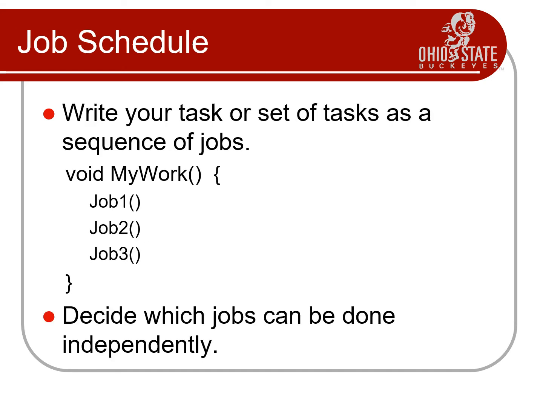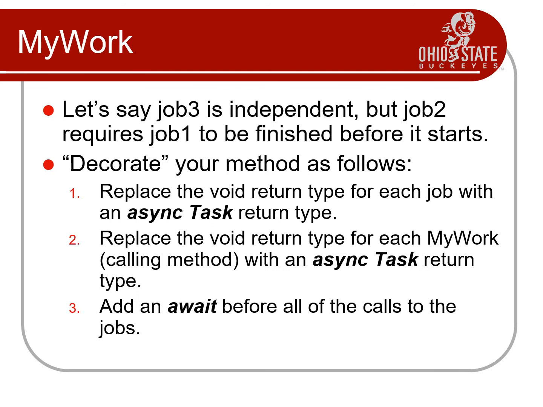Okay, so let's say we have this simple program. And so, I've done some good, functional style programming, structured programming. My work had maybe 100 lines of code, and I broke it down into 3 methods that are going to hopefully be very cohesive, as you'll hear in different classes. Job 1, job 2, job 3. So, not the most elegant example here. So I want to decide which of these jobs can be done independently, okay? If job 2 depends upon job 1 and job 3 depends upon job 2, then I really can't do much parallel processing. But if whoever's calling my work doesn't depend on the results right away, then we can kind of pepper that as well, okay? So in this example, let's say that job 3 is independent, but job 2 requires job 1 to be